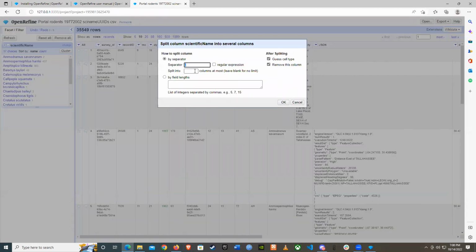So this window will pop out, and by default a comma is there, but there's no comma in my column. So there's a space, so I'm putting a space. And split into columns at most. I don't want to select this by length field. No, not by length field. Split into two columns. Okay. And if I click OK,